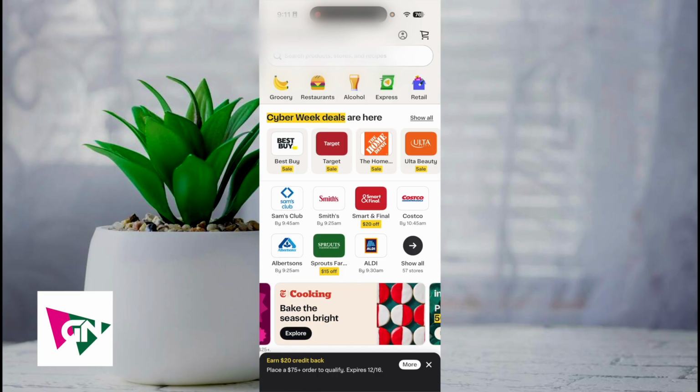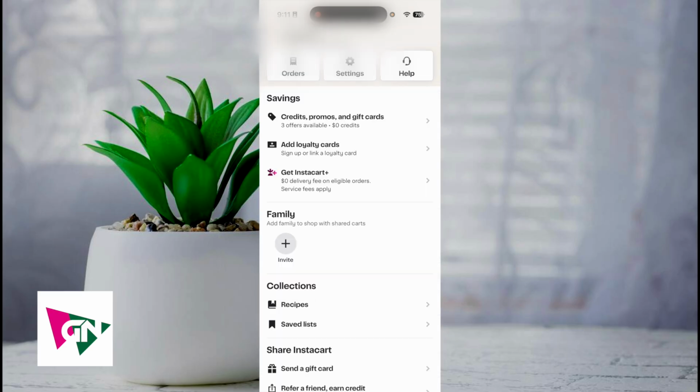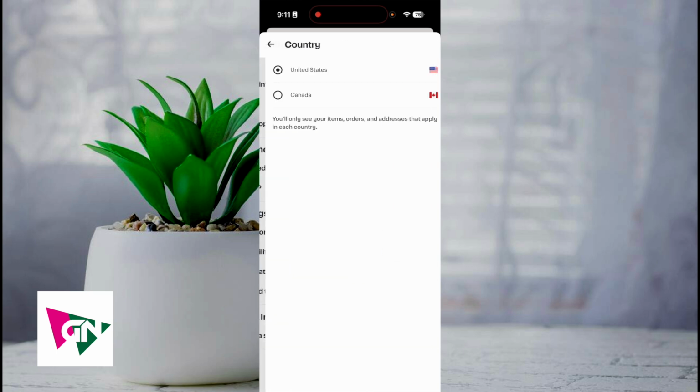Now, in order to do this, what you're first going to do is click on the upper right-hand corner, your profile icon. Next, click on Settings. From here, you want to scroll down to where it says App Settings, and then click on United States of America. So this is where you can toggle between the Canada country or the United States, but